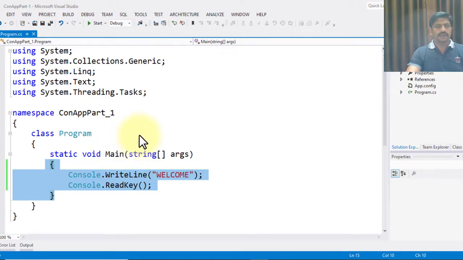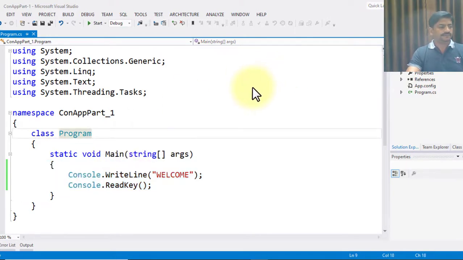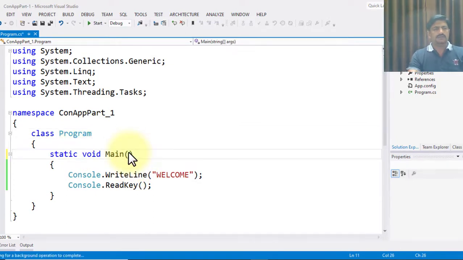Okay, next see the different versions of the Main method. The first version: static void, and then there is no argument.